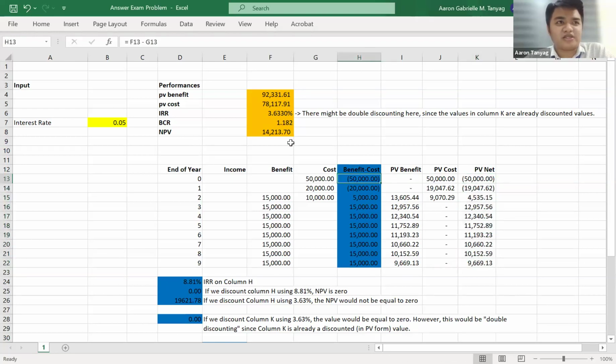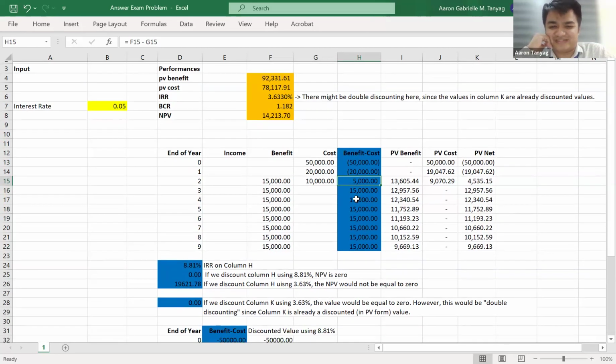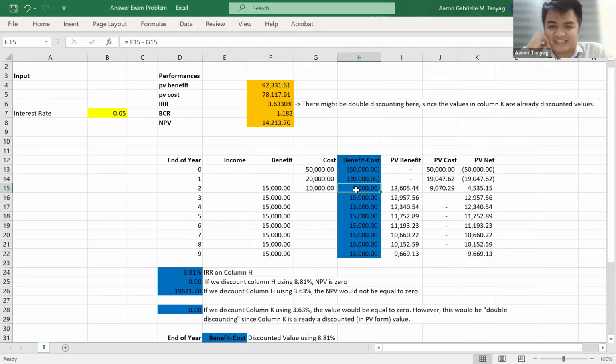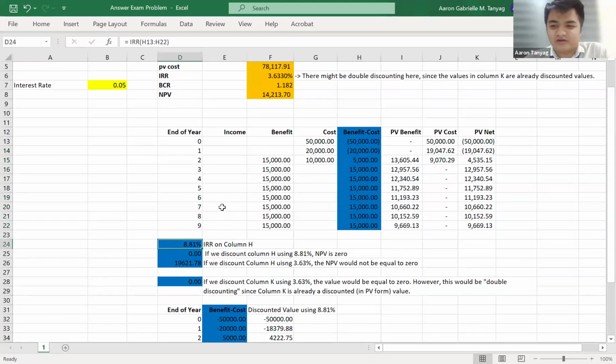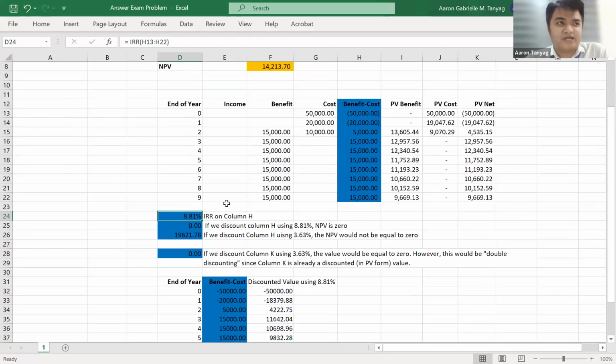But in actual practice, the IRR is calculated based on the net cash flow that is not yet discounted. So in this case, it's based on column H, the benefit minus cost. When you compute the IRR on column H, the actual IRR result would be 8.81%, and it would make